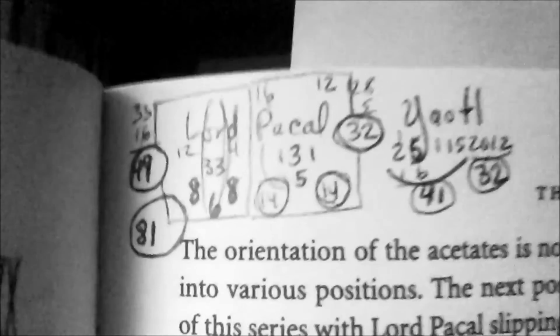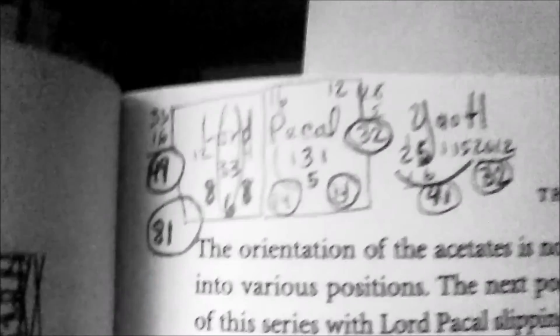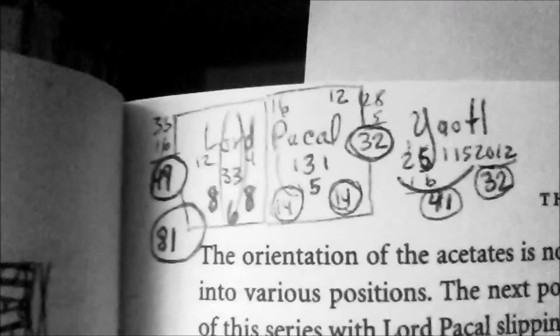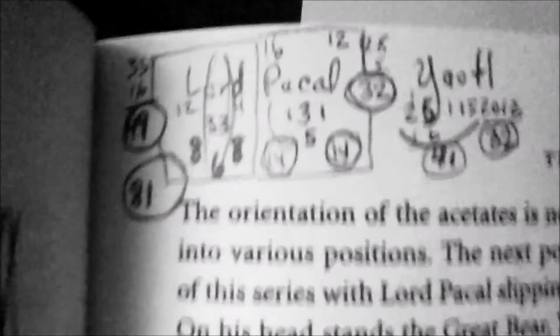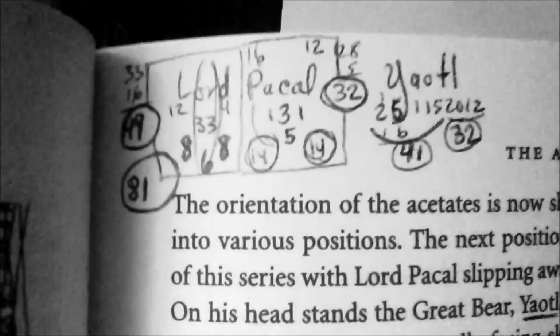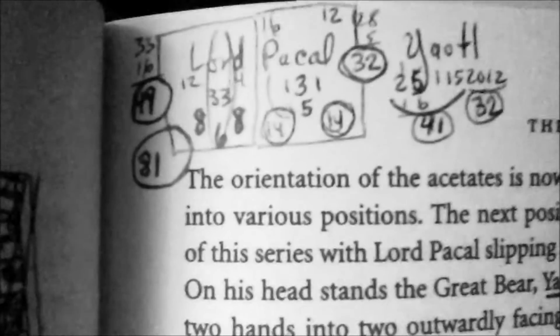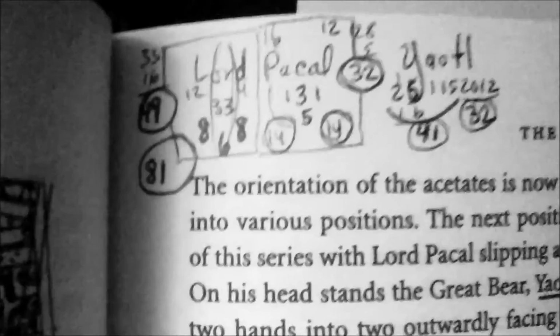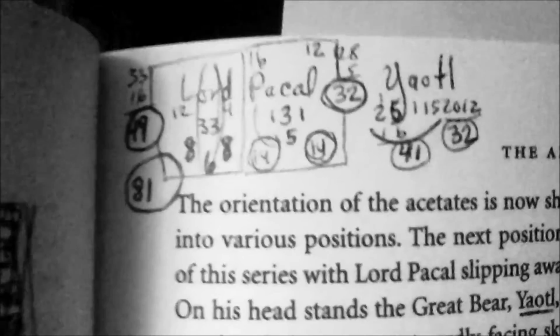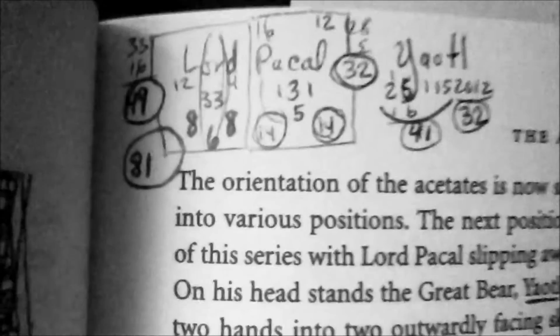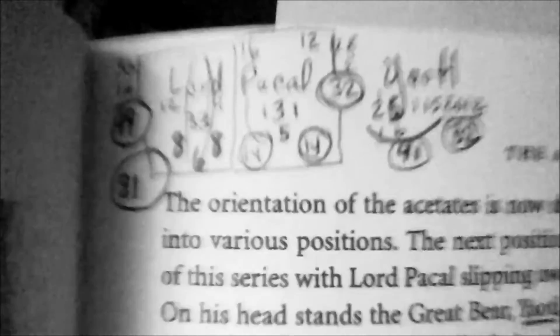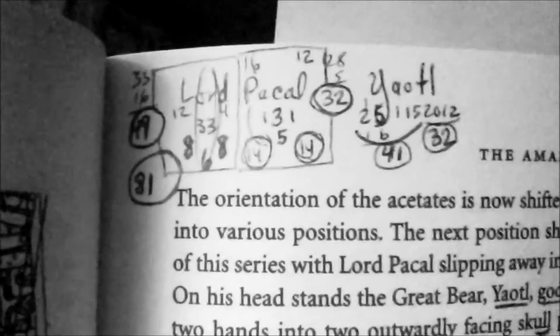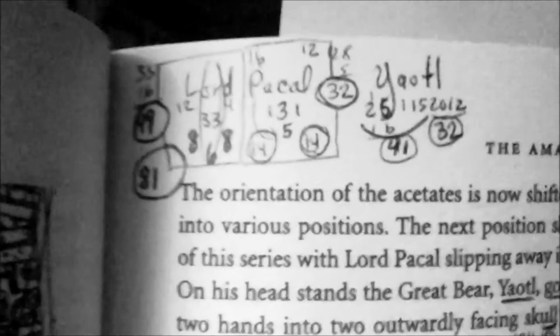All right, well, the word Pacal has 28 on the outer field, so the P and the L make a 28, and that is the rotation of the sun as visible from the earth. It's a very important number to them, plus it's the number of years that they let the Twin Towers stand. So ceremonially and ritually, this is an important number. And if you divide that the way I did with Lord, you would have a 14 on either side, and we know that's also an important number for them, besides being the 5. The digital root of that is the 5, which is the 5-pointed star.